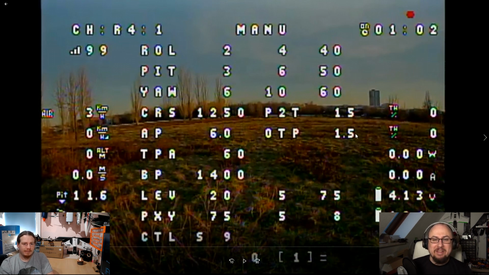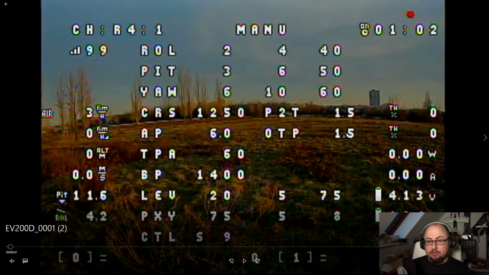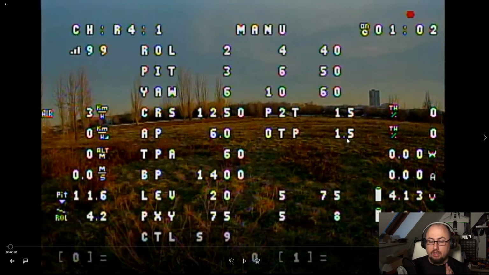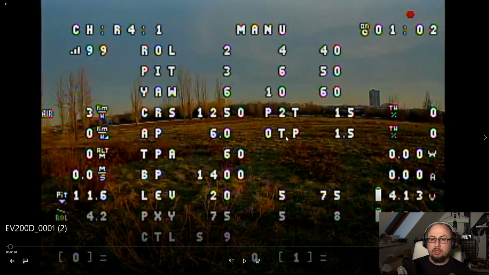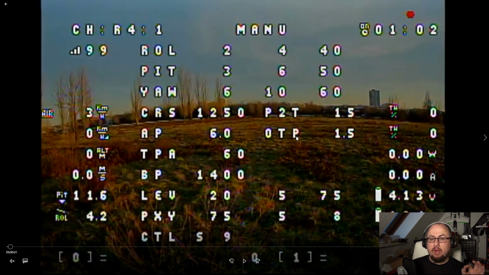Then we have another very interesting thing that's not in the configurator GUI, but I wanted to have it on the OSD. That's a zero throttle down pitch. What that means is if you have motor stop overriding your navigation modes, that means you lower the stick to 0 and your motor stops even if you are in a navigation mode, and also if you fly in angle mode, for example, or horizon mode, what the plane does, it automatically pitches the nose down to a specific angle